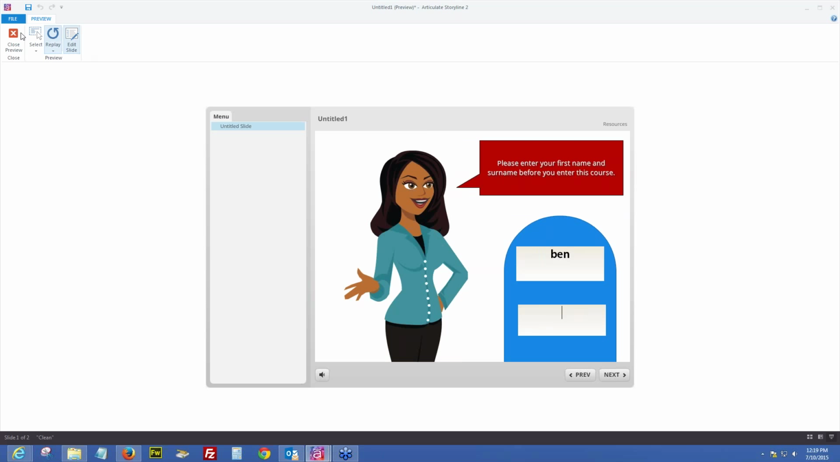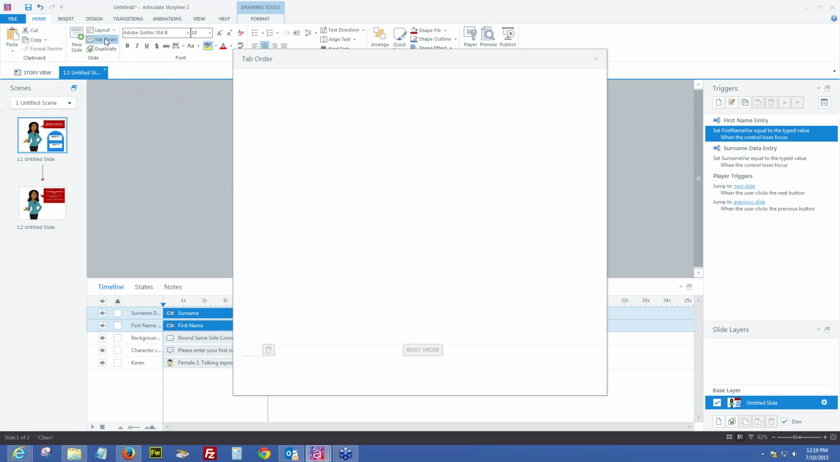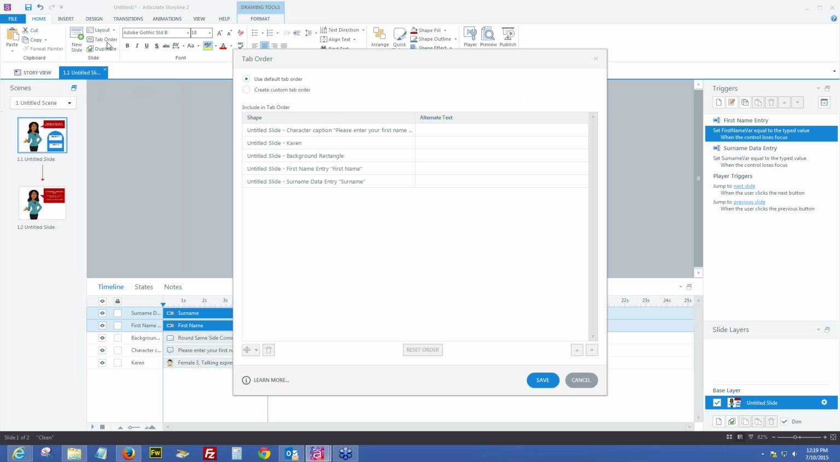But what we can do now, as a relatively new function in Storyline 2, is adjust that tab order. The way we do that is in the Home tab here. Just next to the new slide option, we have a tab order option. If I click on that, it opens up the slide and shows me the different elements on that slide. It's got my caption, my character, my background rectangle, my first name, and